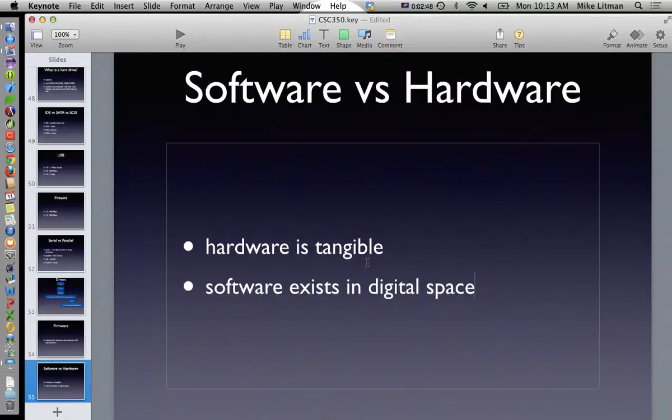But realistically, let's use what would be a very simple example. Could you create a piece of hardware that took a 1 or a 0 as input and flipped it, so if it was a 0, it becomes a 1, and if it was a 1, it becomes a 0?